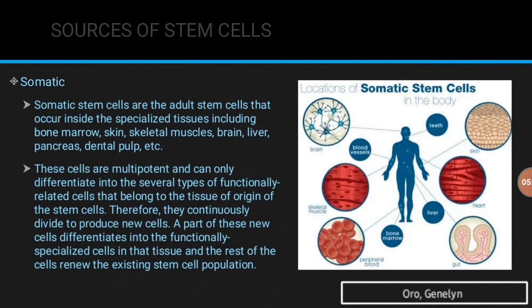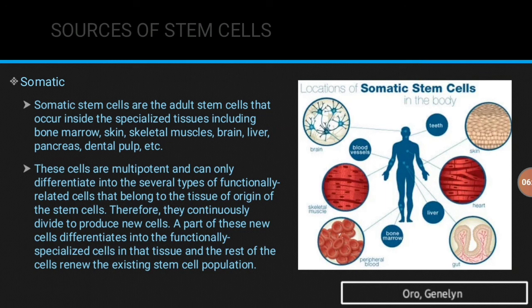So these cells are multipotent and can only differentiate into the several types of functionally related cells that belong to the tissue of origin of the stem cells. Therefore, they continuously divide to produce new cells. A part of these new cells differentiates into the functionally specialized cells in the tissue, and the rest of the